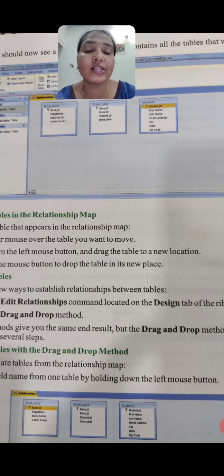You can open all the windows as shown in the book, and you will get to know. Do the practical at home. Once you come to school, I will take your lab, and there you will get to know clearly. Open MS Access 2007, open all the windows, listen to my teaching and see the textbook.